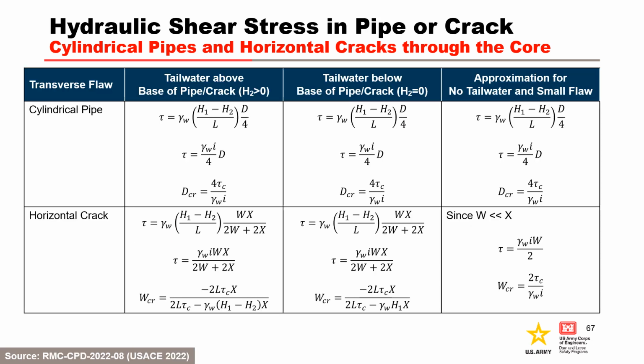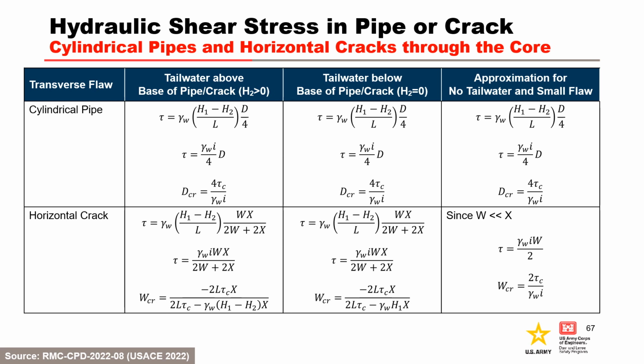To calculate the hydraulic shear stress in a pipe or crack, Wan 2006 developed equations for cylindrical pipes and vertical rectangular cracks with no tailwater. The Corps of Engineers expanded these equations to include tailwater and developed equations for horizontal cracks. If you do not have access to toolbox analysis, you can use these simple equations in the last column to obtain a decent estimate. Another way to use the hydraulic shear stress relationships is to assess the critical pipe diameter